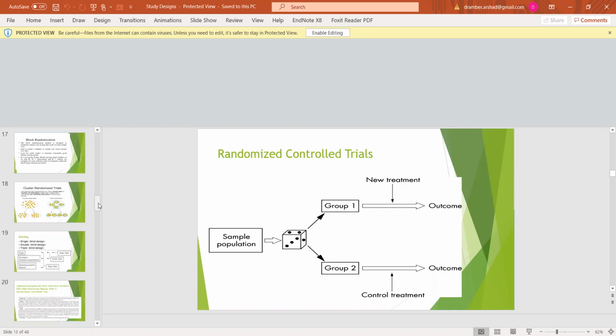So all these things go hand in hand to decrease or increase the advantages or disadvantages with the randomized control trials. As we all know, advantages give us a strong